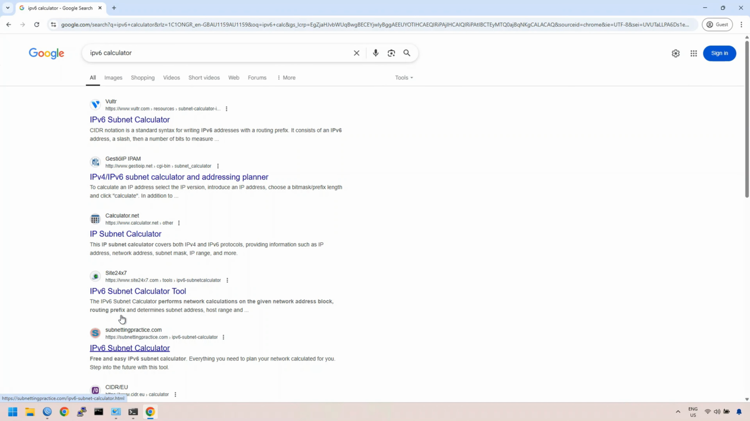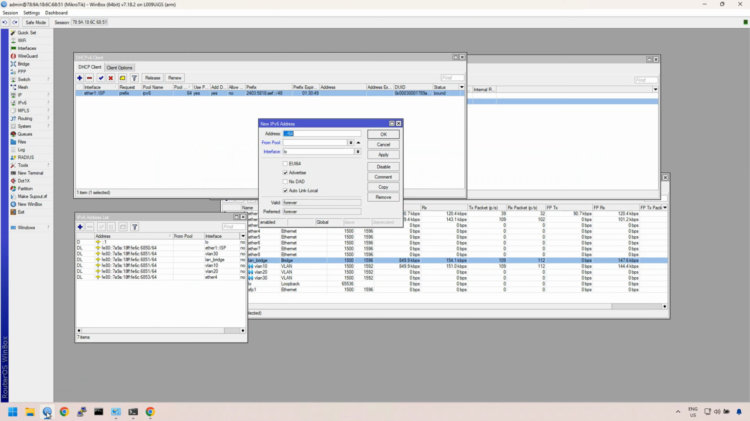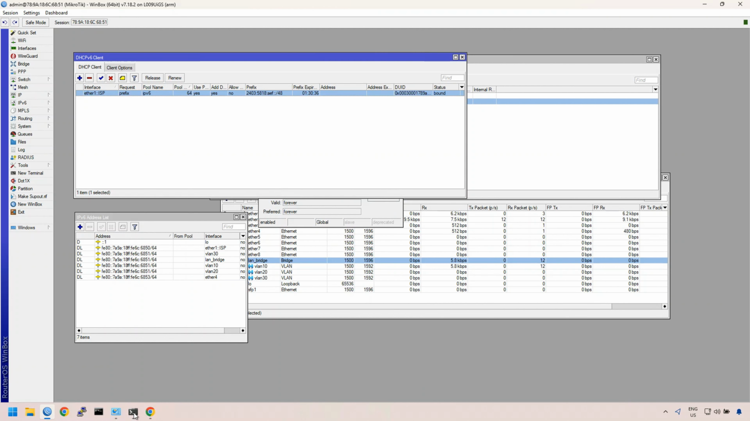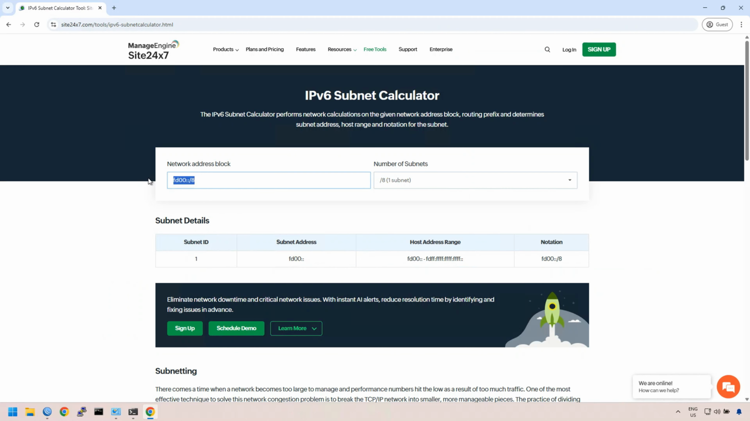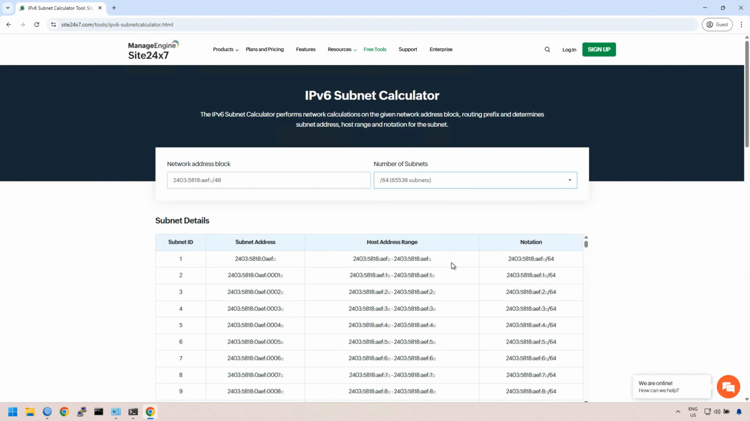This is one I've used previously. And what we're going to do is go back to our subnet that we've acquired here. I say subnet on prefix. This one here, our /48, which we're getting from our ISP. We can put that in here, and we're going to subnet it into /64s, and we're going to use, as